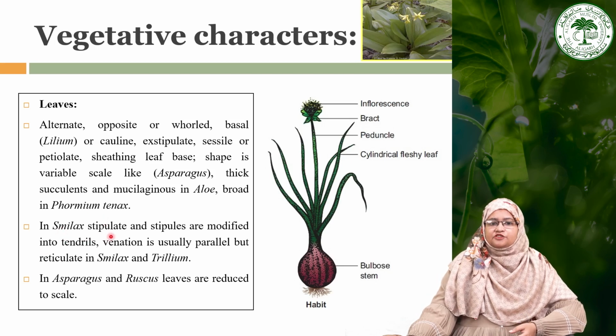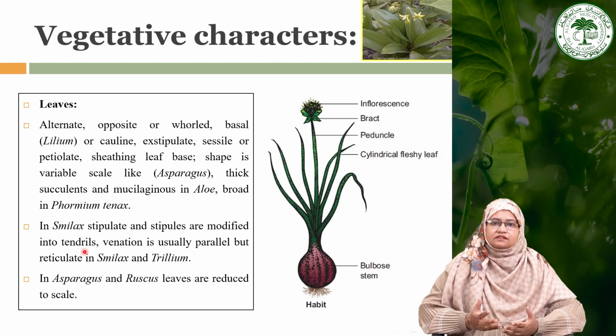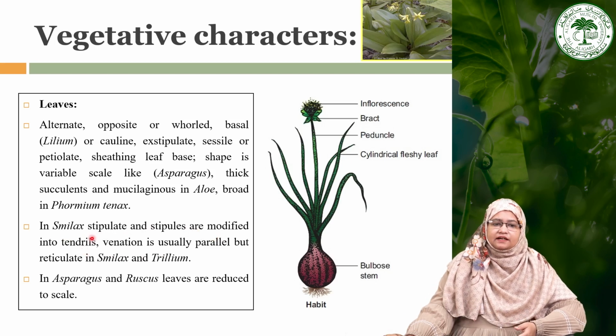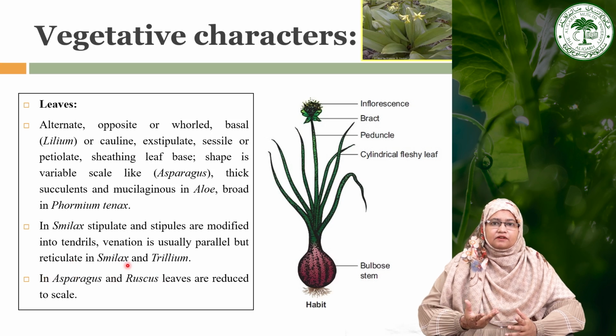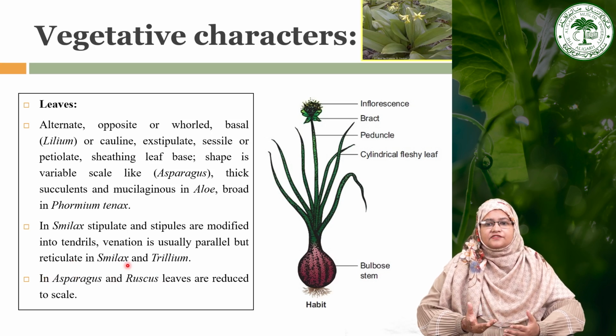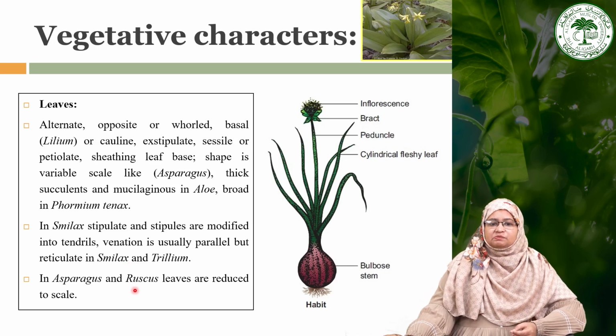In Smilax the stipules are modified into tendrils, because Smilax is a climber. So, these stipules become modified into the tendril structure, that helps in the climbing of the particular plant, Smilax, and the venation is usually parallel, but it is reticulate in the case of Smilax and Trillium. So, because it is a monocotyledon plant, the leaves generally show parallel venation, but in case of Smilax and Trillium they show reticulate venation, and in case of asparagus and Ruscus leaves are very much reduced to the